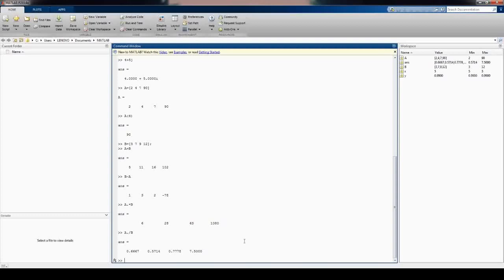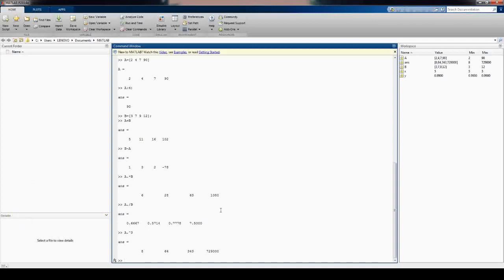So coming to the power, if I want to square each element in the array A, this is element wise power, dot power operator 2. I am going to square each element. You can take cube or you can take square root. So each element in the array is squared. For the beginner level, these are the operations that we can carry out. If needed, I will introduce other functions.